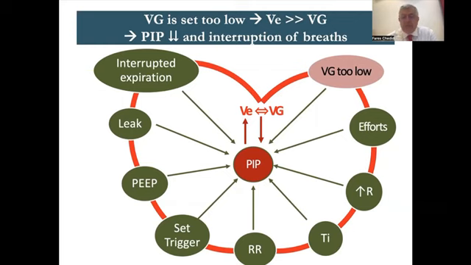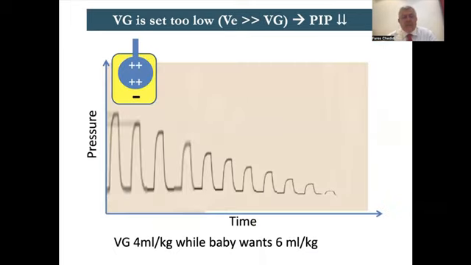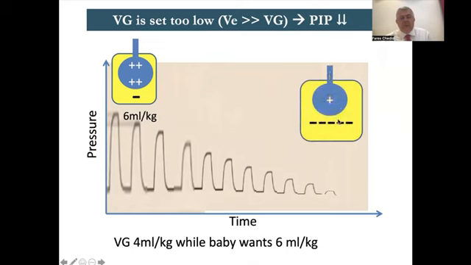So what will happen, you will see, if the patient wants more than you ask, when you give him 4 ml/kg, he wants 5. So he goes and takes 5. Initially, here we see that the machine was doing all the effort and the baby was doing not much. But at some stage, he said, no, I want 5. So he started himself doing all the effort and bringing a volume of 5. But sorry, the volume here was 6 ml/kg and the baby wants more.